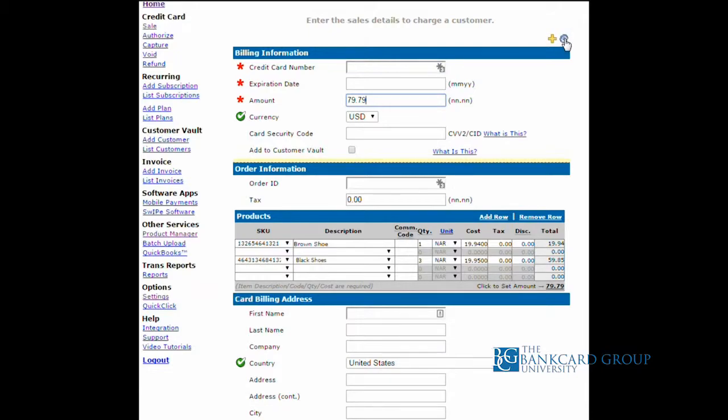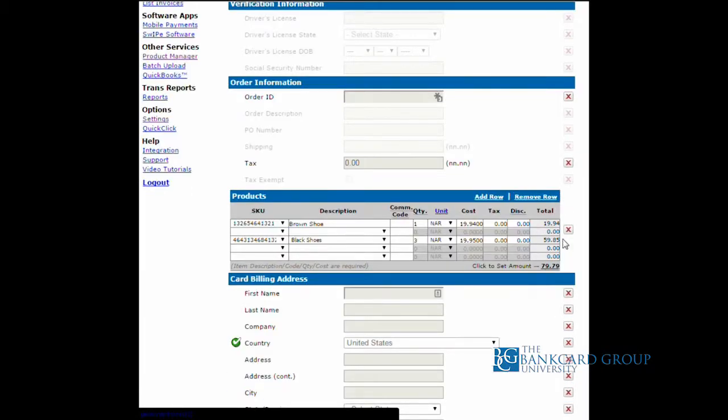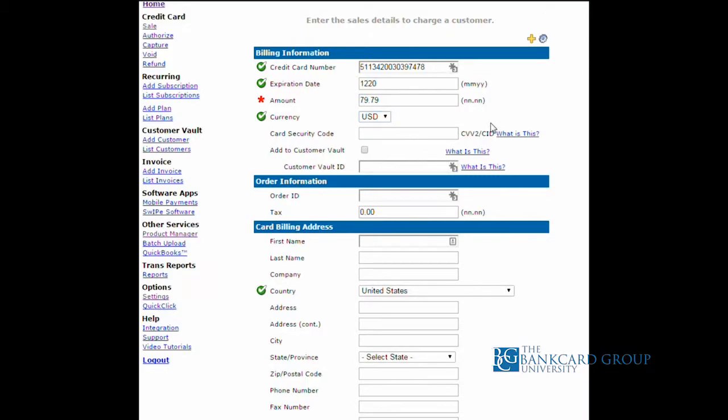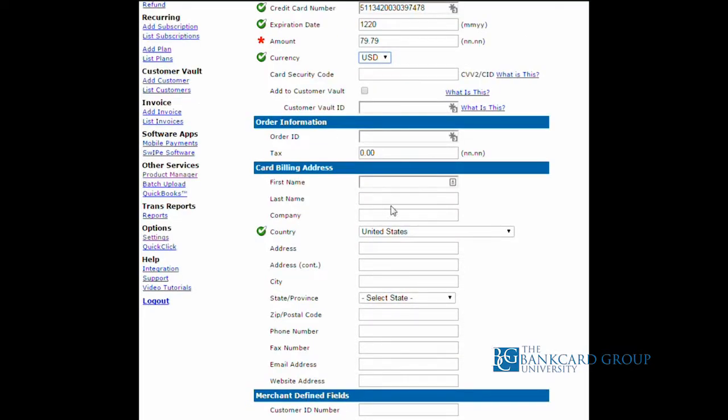Alright, so moving on, I'm going to hide this information because we don't really want this. Just going to add confusion. Now I can go in here and I can create my card number, and I hide the card number 747. Amount's already in there. Awesome. Card security code. Now a couple things on this down here. A lot of people use order ID for an invoice number, but